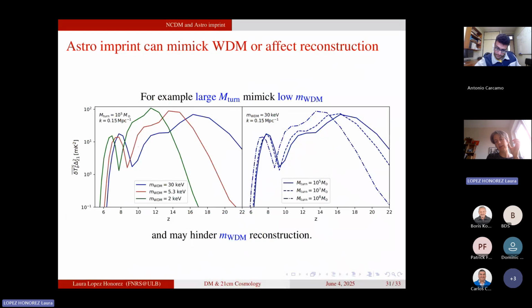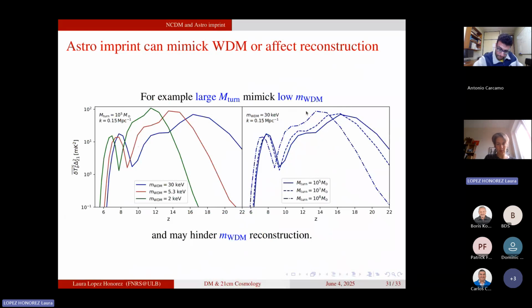molecular cooling galaxies that would be hosted in mini halos, and that would give rise to very early stars of the type POP3 stars. So let's say it's our lowest allowed value of the threshold mass for star-forming galaxies, and the 10 to the 8 solar masses is the one that is most representative of the type of galaxies that we have mostly